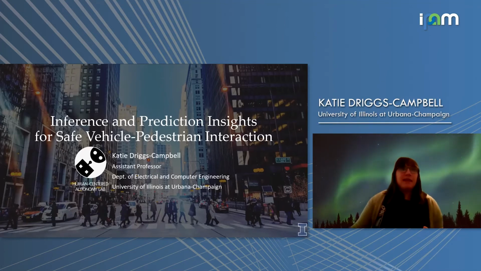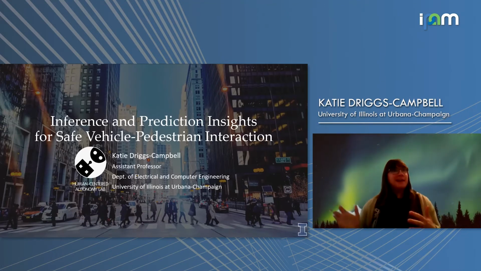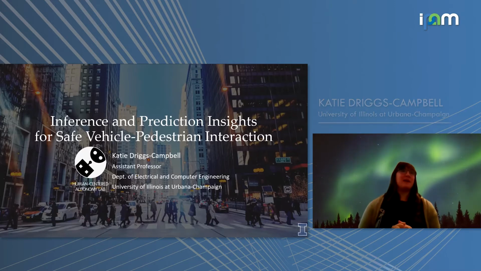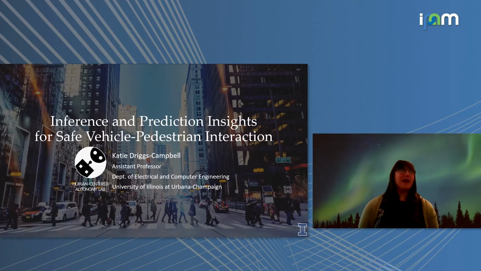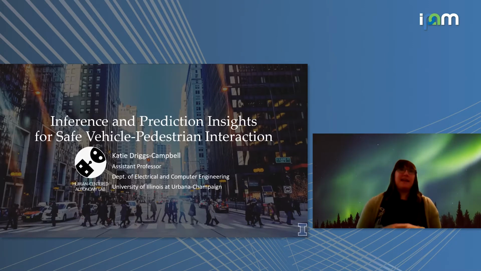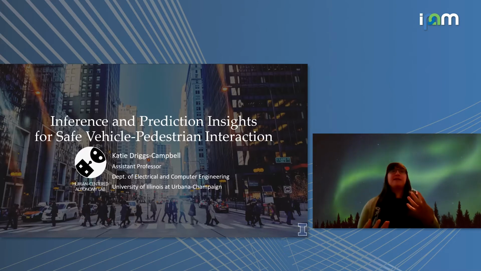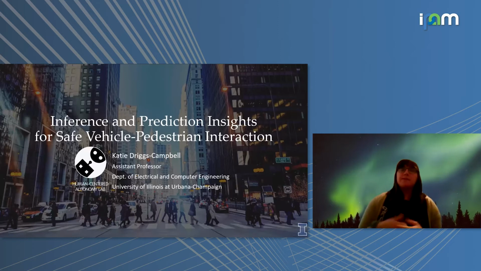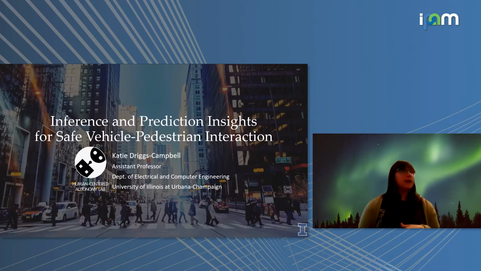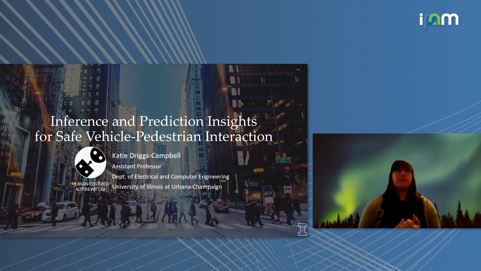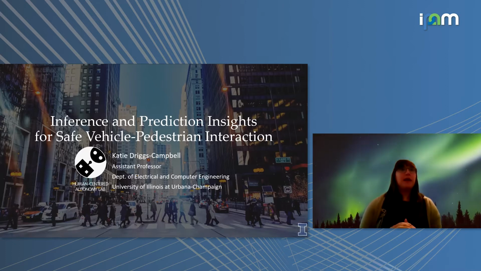So as was mentioned, today I'm not necessarily going to be talking about connected vehicles or fleets, but we will be talking about how different agents can interact and hopefully give some hints about how we can do this in a safe way. Most of what I'll be talking about is fairly experimental, a little more on the empirical side, but I think it gives some good insights into how these systems work in practice.